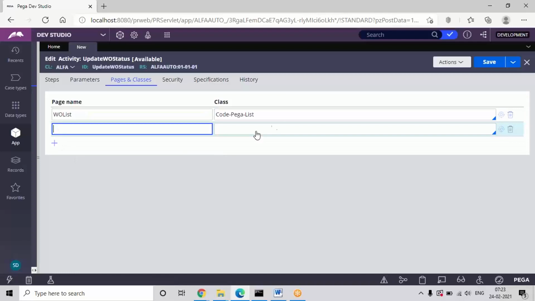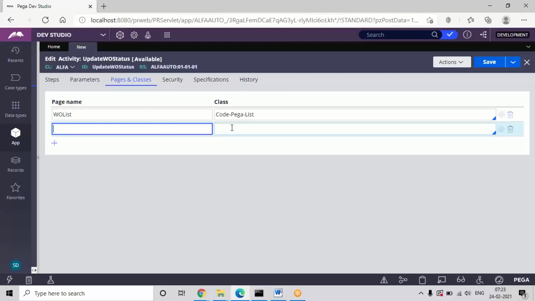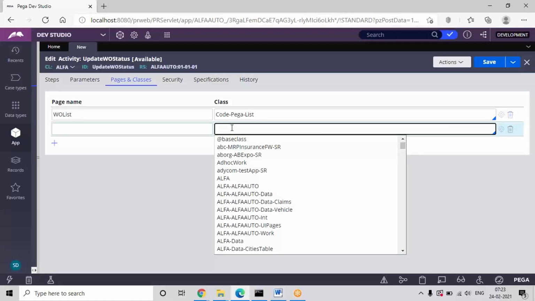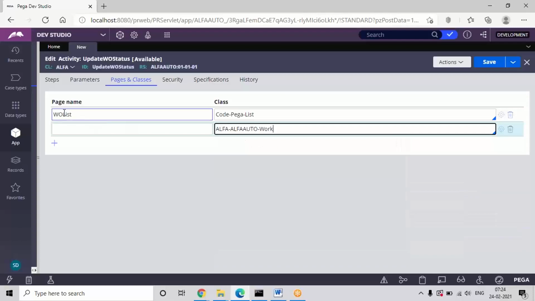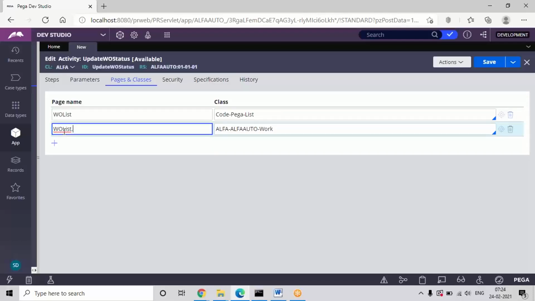Then see, the thing is status properties, status records are there under the work layer, right? So now coming to the second class, all the status values will be available under your work layer, alpha hyphen work. And for this, the reference property will be user page.px results, because the results are going to be fetched under the px results list property, right? So you have to mention user page.px results.